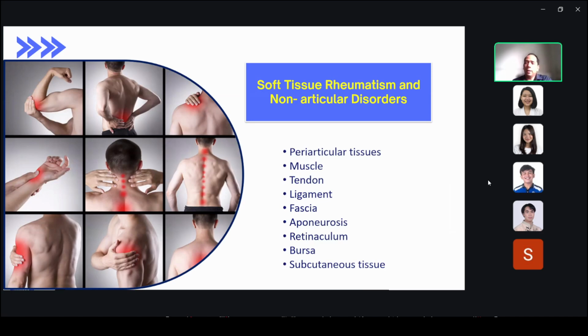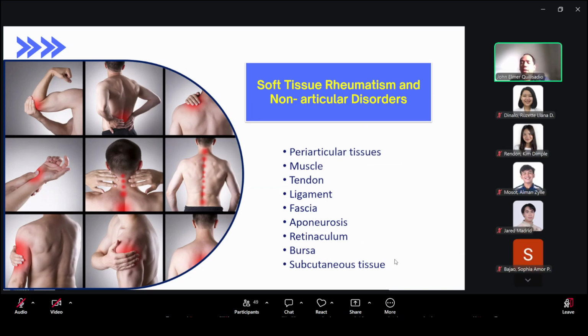So these are disorders from the word articular. Articular means joints, right? So these are non-articular disorders. These are disorders not pertaining to the joints per se, but to the soft tissues